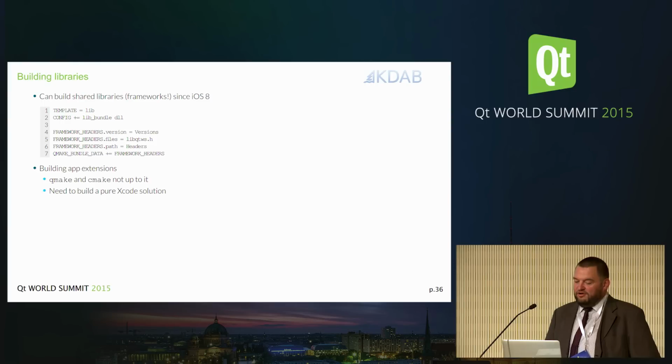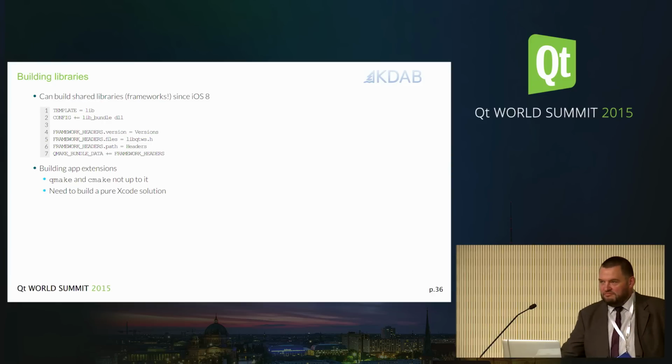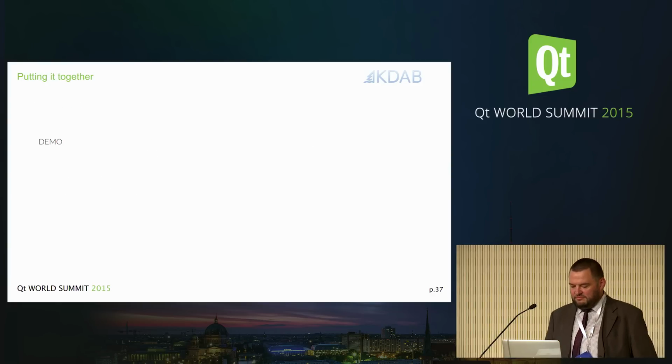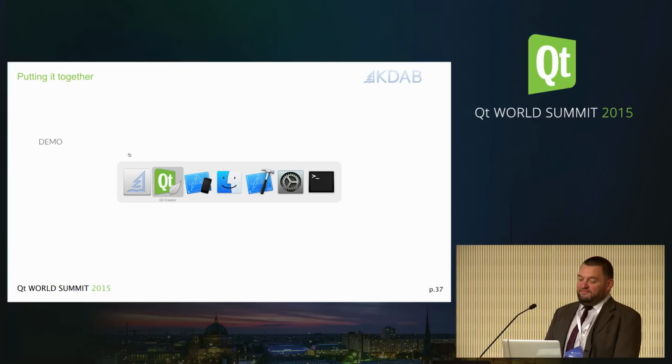You can't really do it easily with QMake or CMake because they don't have really support for building an application inside another one. It's fairly trivial to do, but it's just all to do with file name extensions for the bundles. So you need to go pure Xcode, and it would take way too much time. So briefly,